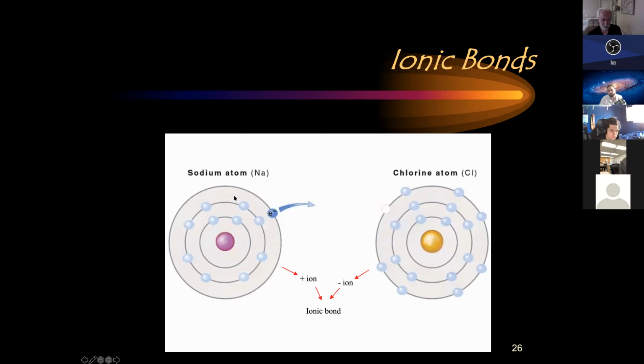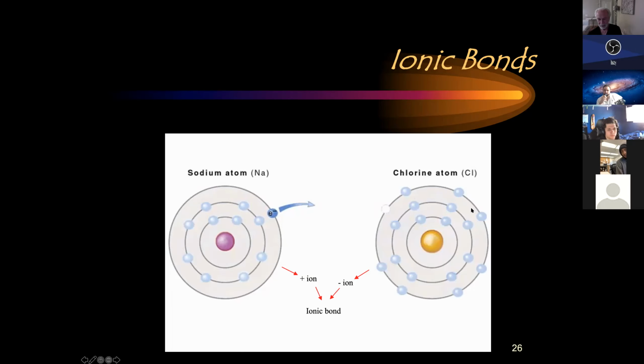Salt is sodium chloride. A sodium atom has a second orbital which is full with 8. Then it has an additional, a third orbital that has only one electron in it, which makes a sodium atom very reactive. A chlorine atom, on the other hand,